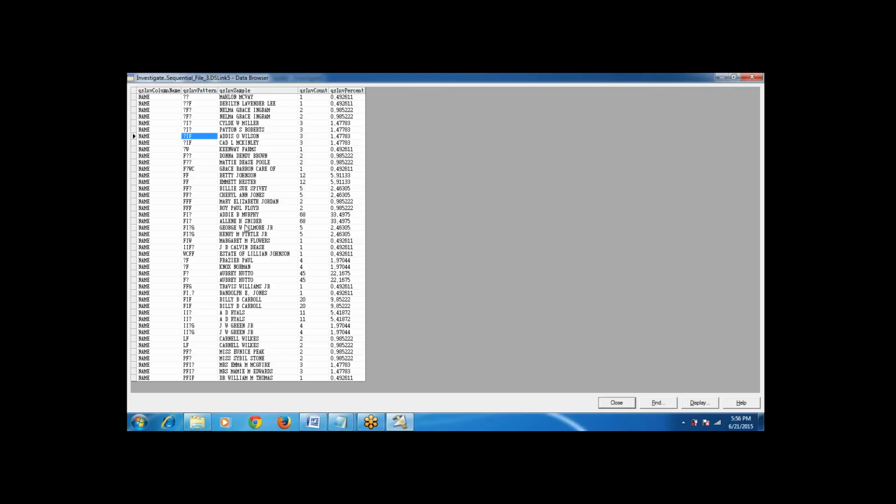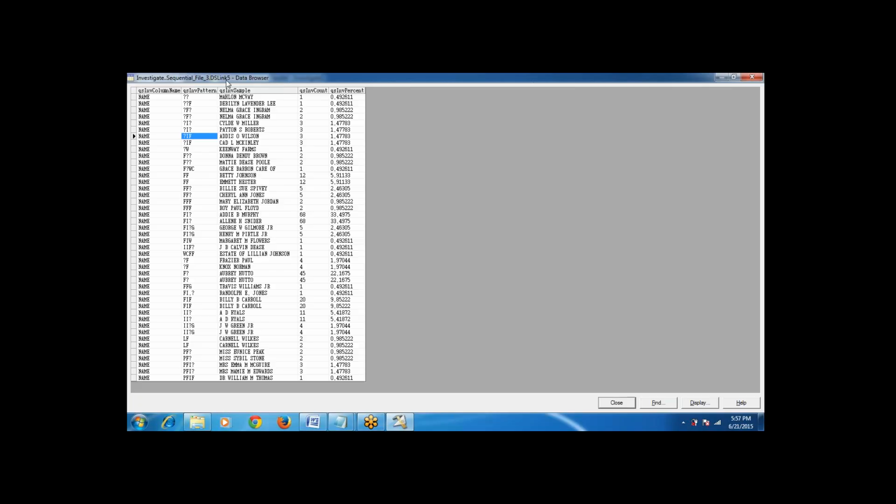Now I don't want to see the patterns which contain only one matched record. Here you can see the count. The count is basically the number of records from the input which match this particular pattern.